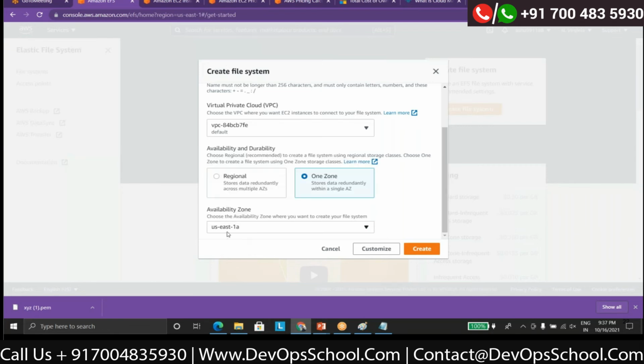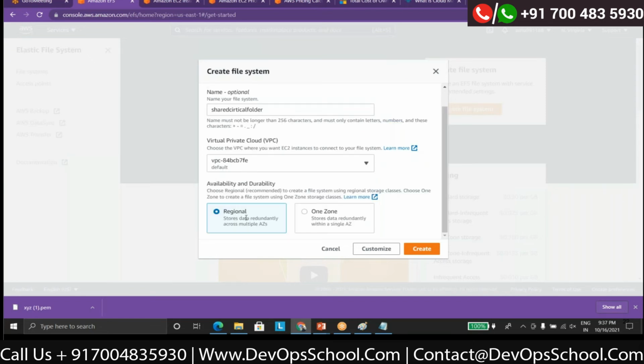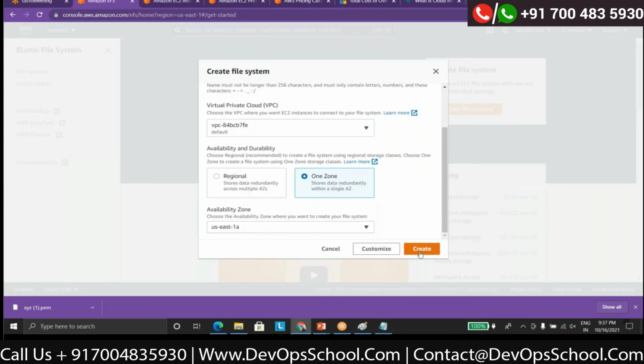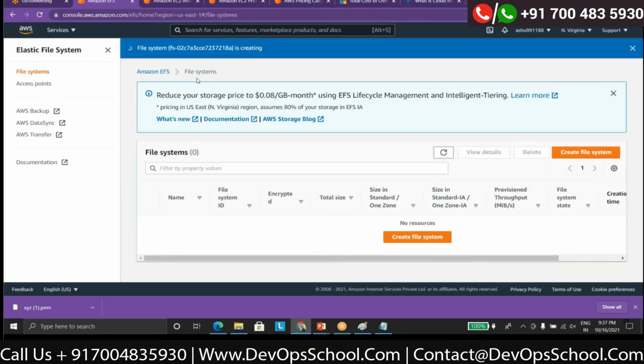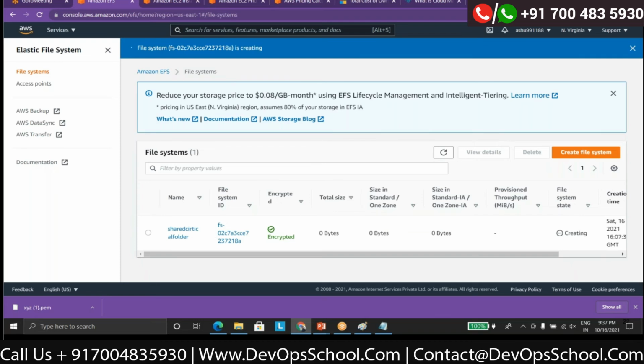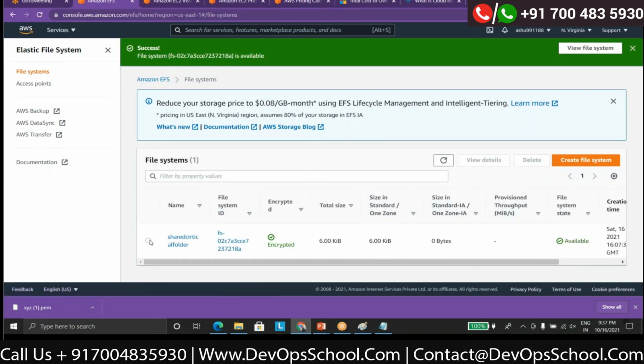If I want to store it only in this one, costing will be less, but if I select regional, it will be stored in all these availability zones for high availability. Let me select one zone only so that I don't get charged. You select create. Your EFS has now been created. If you click on this one, it is a success. View details.